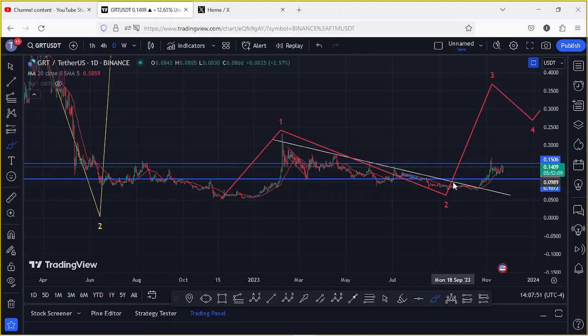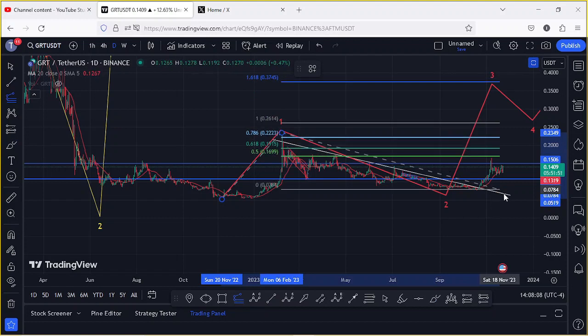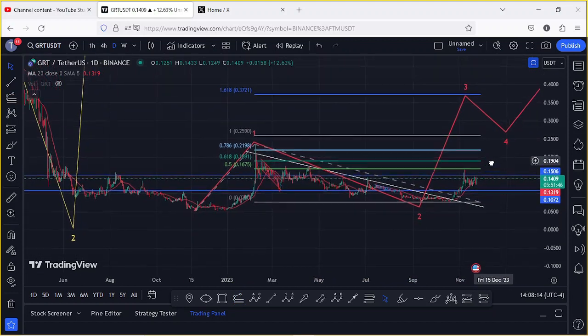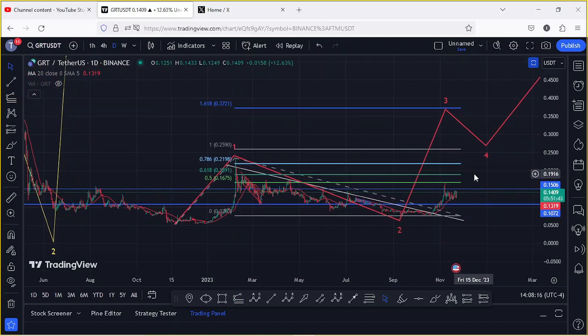in the next coming weeks or maybe months, we can easily see this massive push to the upper side in the formation of this wave 3, whose minimum target areas can be given by connecting the trend-based Fibonacci from the low of the first wave to the high of that wave 1, then dragging the fibs to the low of the second wave, giving me a minimum target area for the third wave at the fib level 1.618, and that is above the $0.3721 mark,